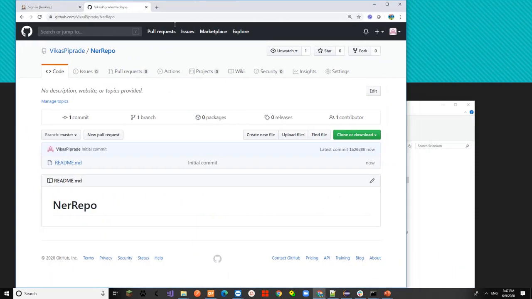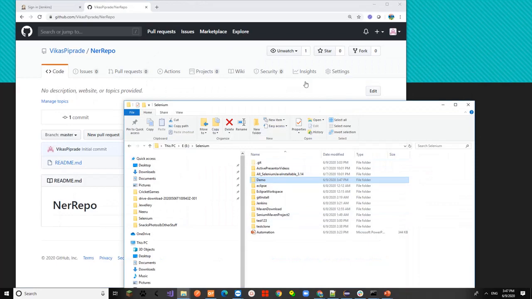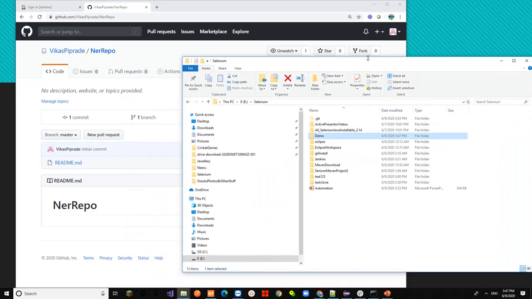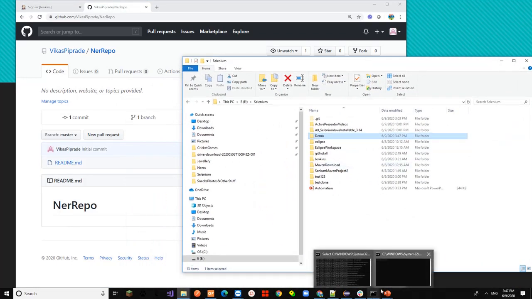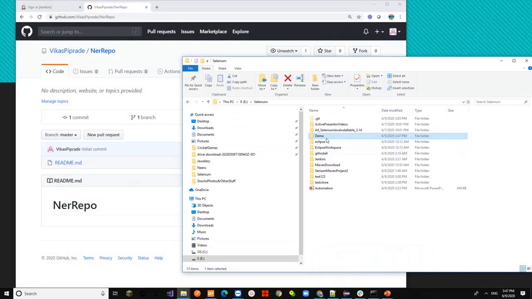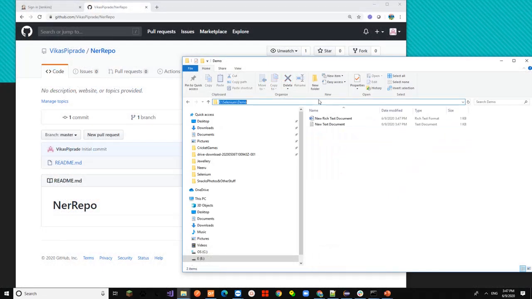So we'll take help of various git commands to do this. First of all, we want to connect this repo with this particular folder. The GitHub repository should know that it should work on these files.